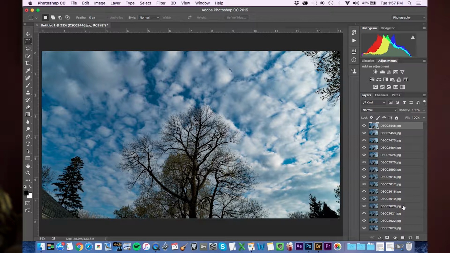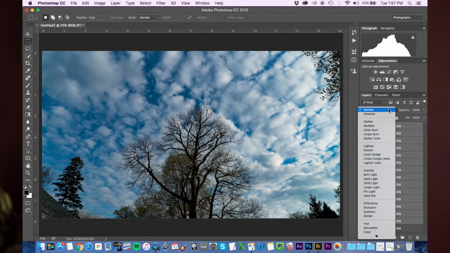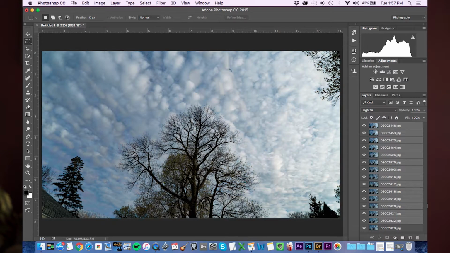All we need to do is select all of the layers except the bottom one and change the blending mode to lighten. And so now we see that we have the sort of effect that we're going for. You can see that there's a little movement in the clouds, and it's not super obvious, so what you might want to do is just